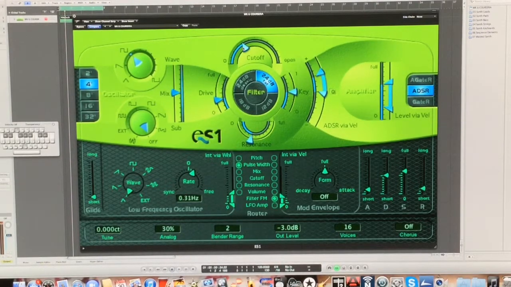Now let's have a look at the filter section. We can shape the spectrum with the cutoff travelling between 20 Hertz and 20 kilohertz. And the effect of the resonance, if we increase this, listen to the